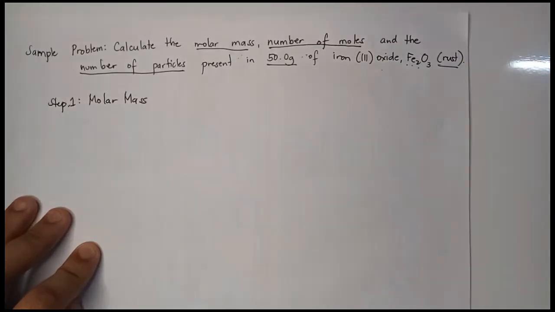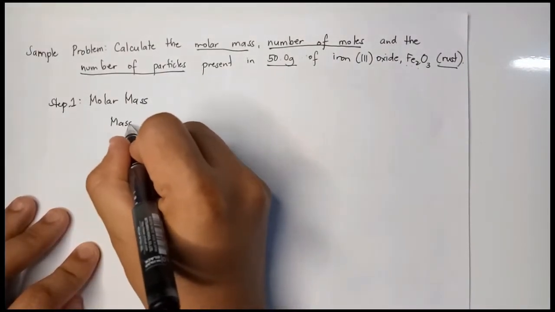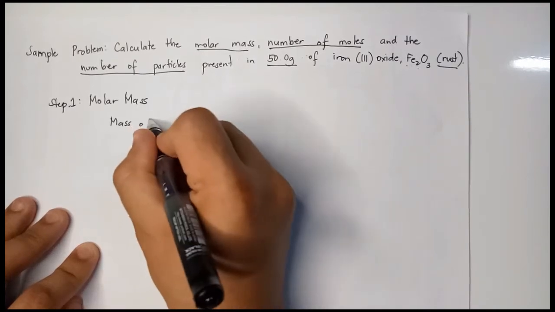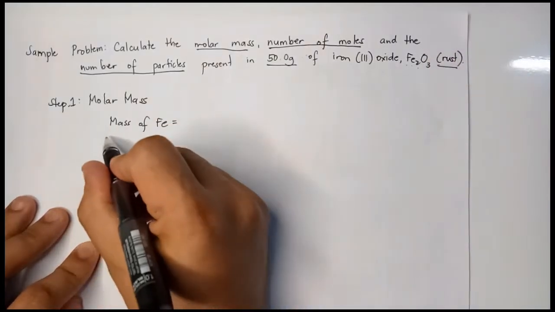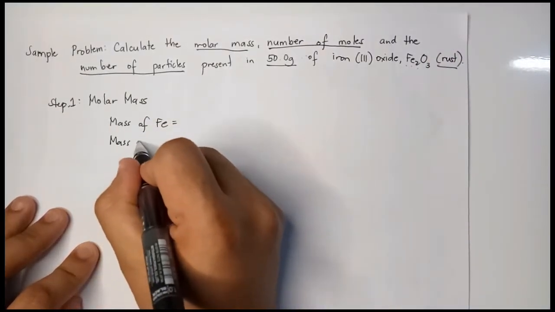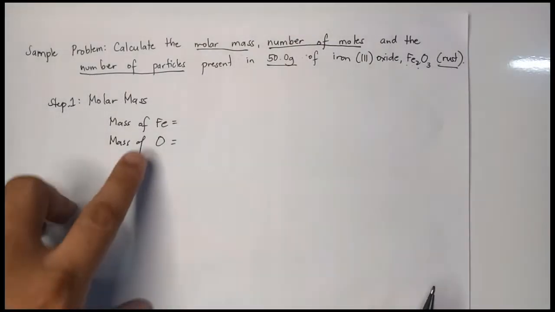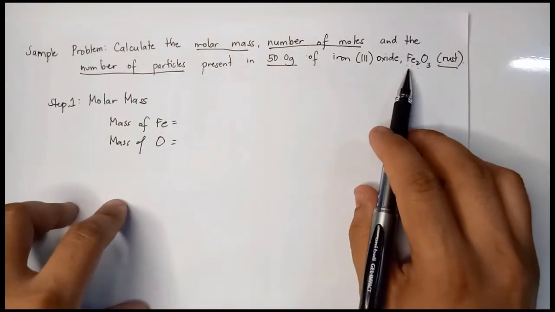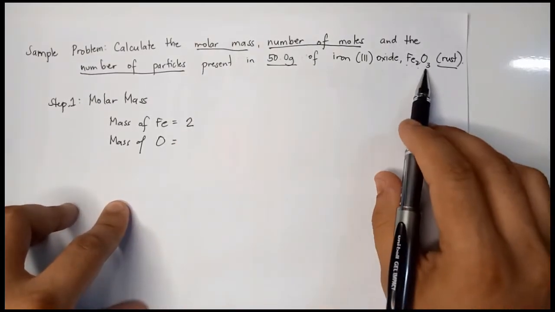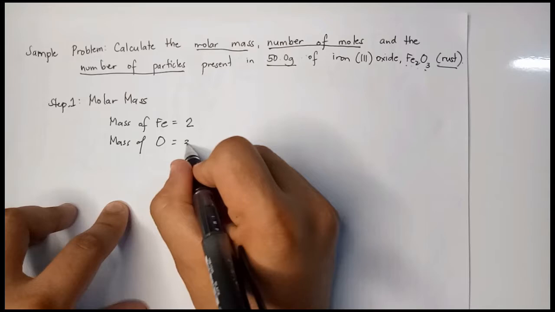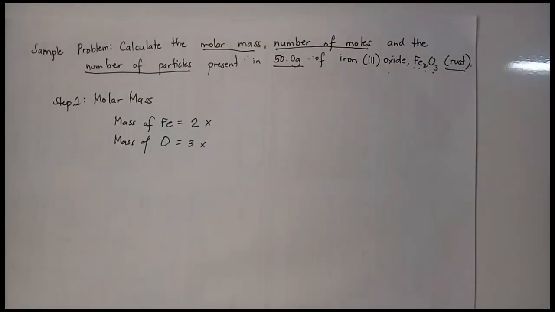So, we have the mass of iron, and second, the mass of oxygen. Ilang atoms meron kay iron? 2. Ilang atoms naman meron kay oxygen? 3. So, i-multiply natin yan sa atomic mass